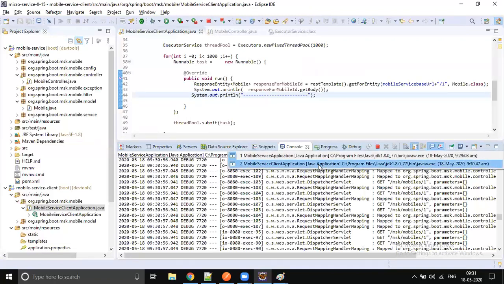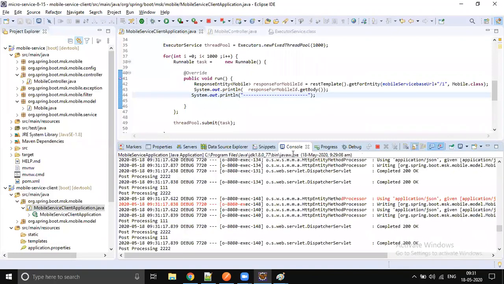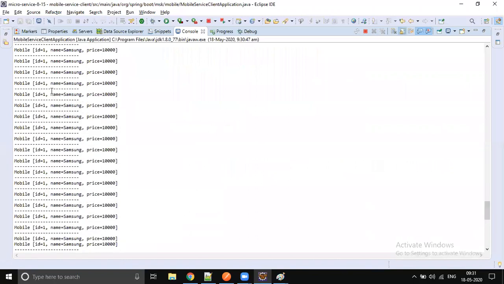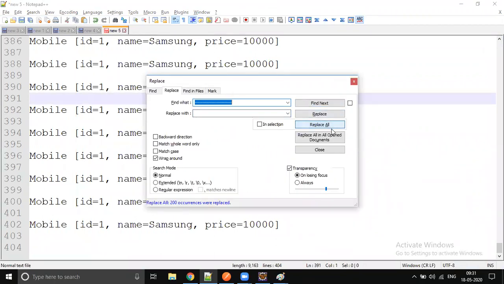See, we submitted 1000 from the client side, and a batch response came. Let me take all this and put it here. You see exactly 200 lines. Let me remove these extra lines: Control H, replace all.